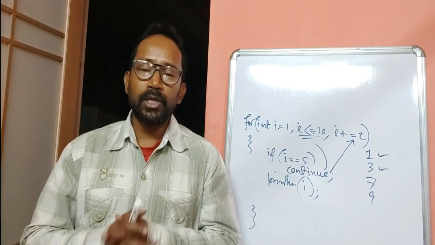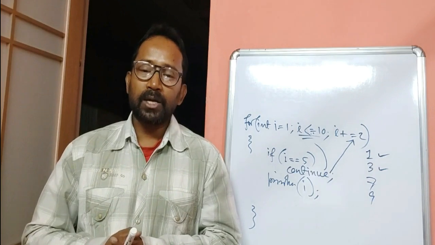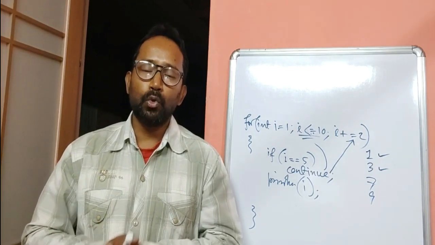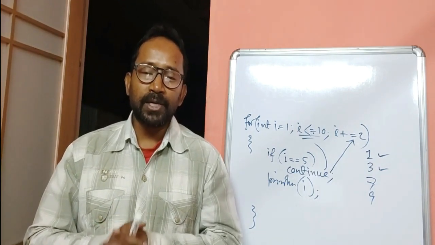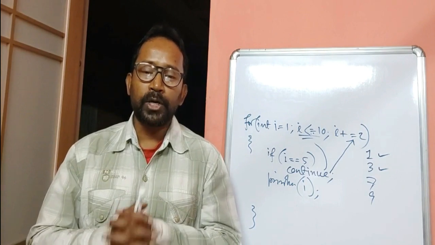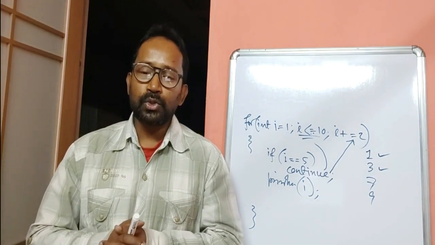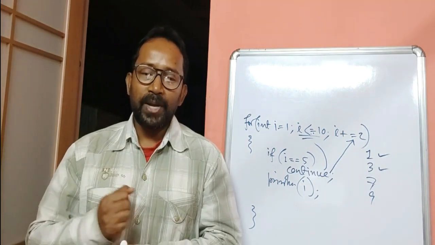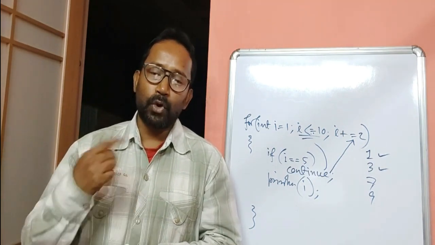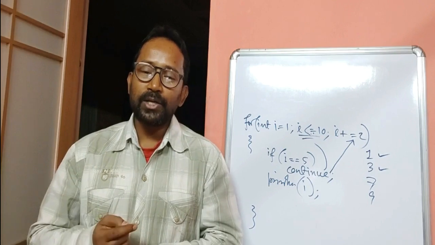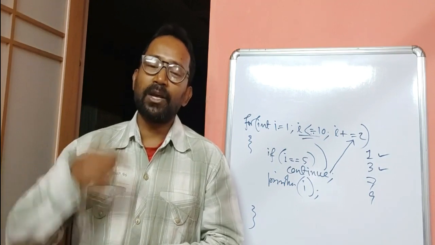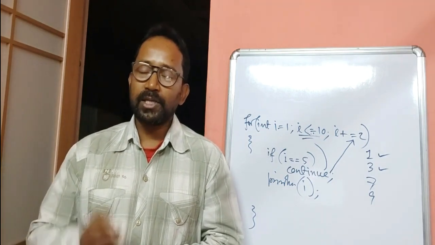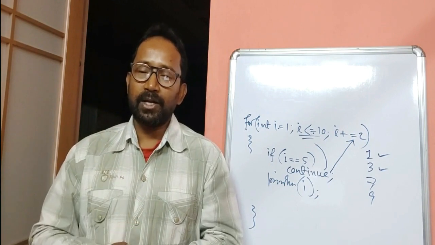Break statement can be used in loop and in switch construct, but continue statement can only be used in loop construct. Break statement terminates the execution of the switch body or loop body in which it belongs to, but continue statement begins the next iteration of the loop in which it continued. Break statement sends the control to the statement following the containing block, but continue statement sends the control to the beginning of the containing loop. Clear? So these are the 3 differences between break and continue.